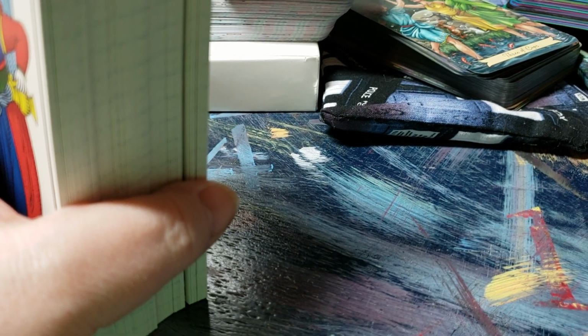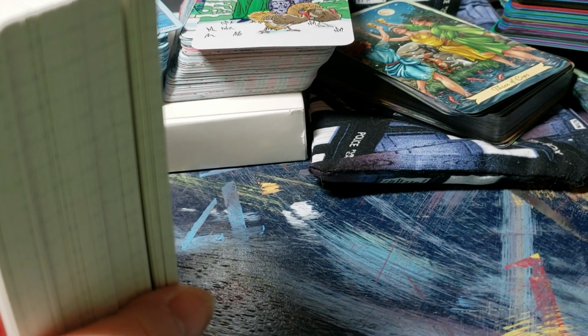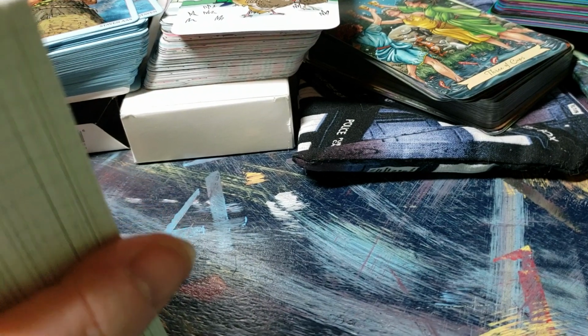I got the Marseille probably a few months ago. I got the Tom Benjamin book as well. I've been wanting to get into Marseille. I have some vintage decks like the Carriel. I have the Medieval Scarpini. I have a couple of other retro decks. And I've always wanted to, but